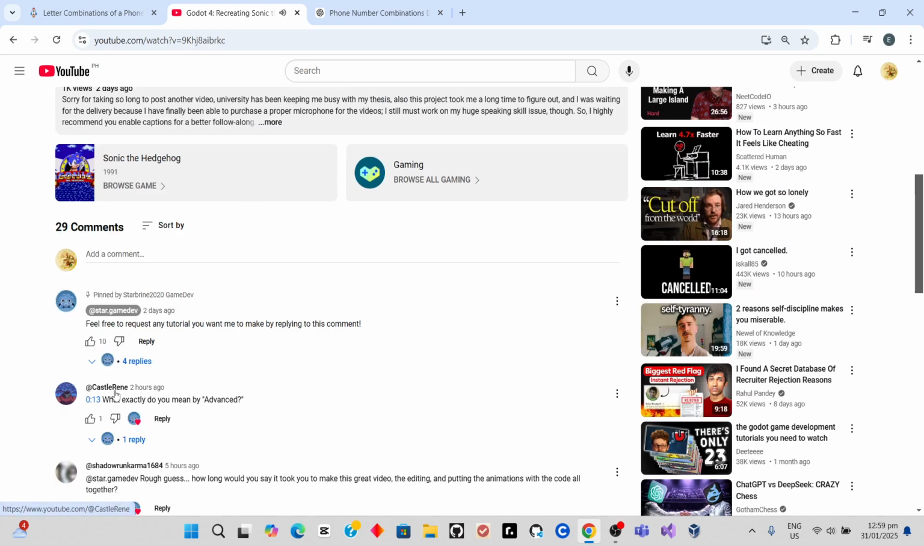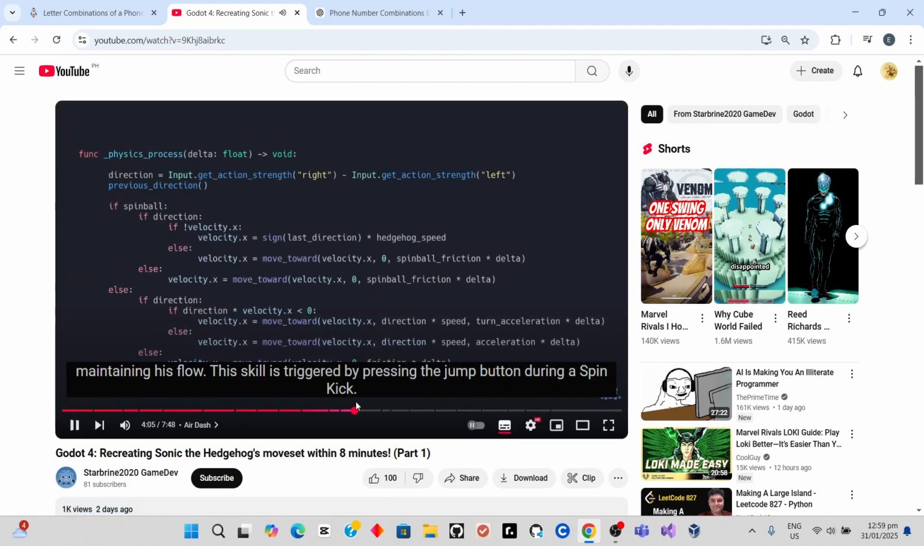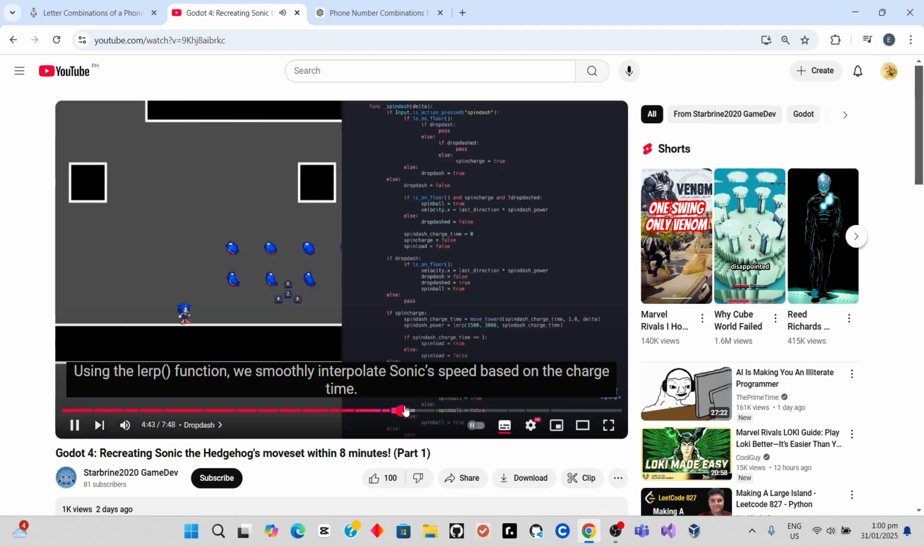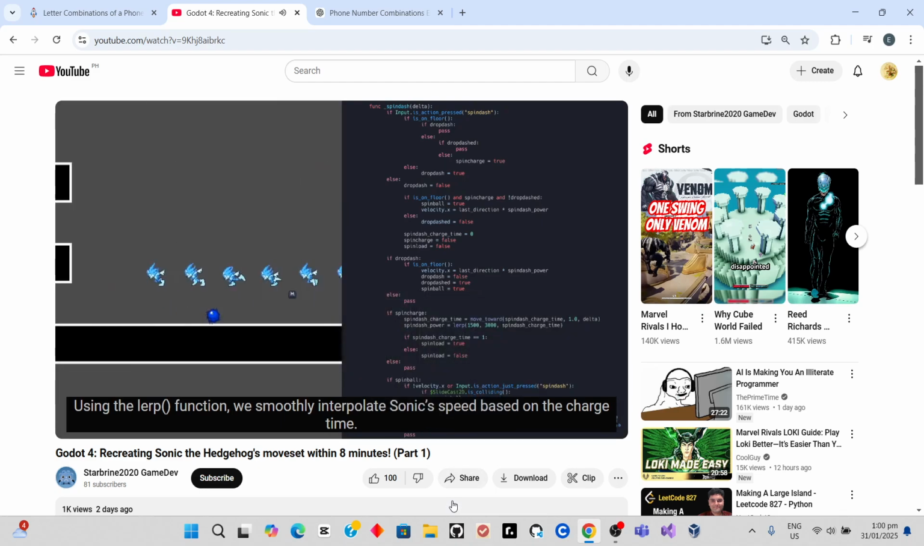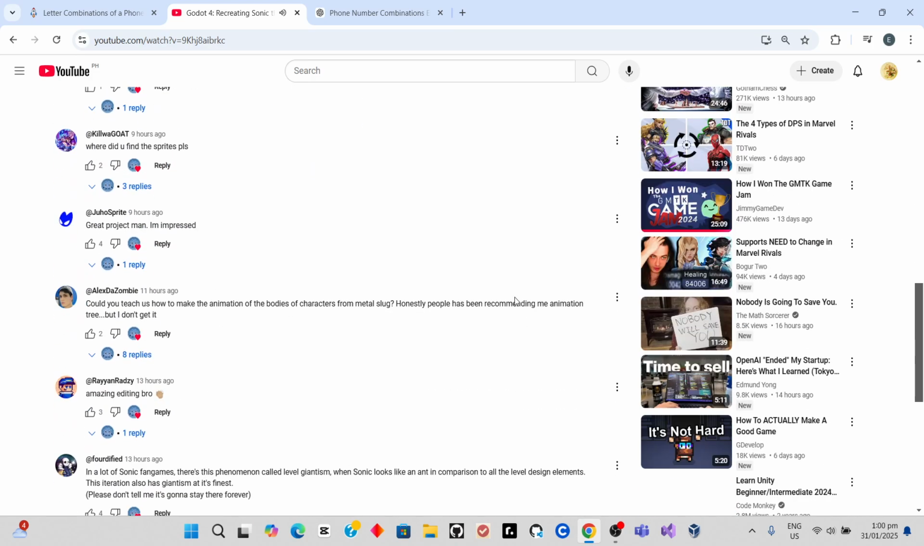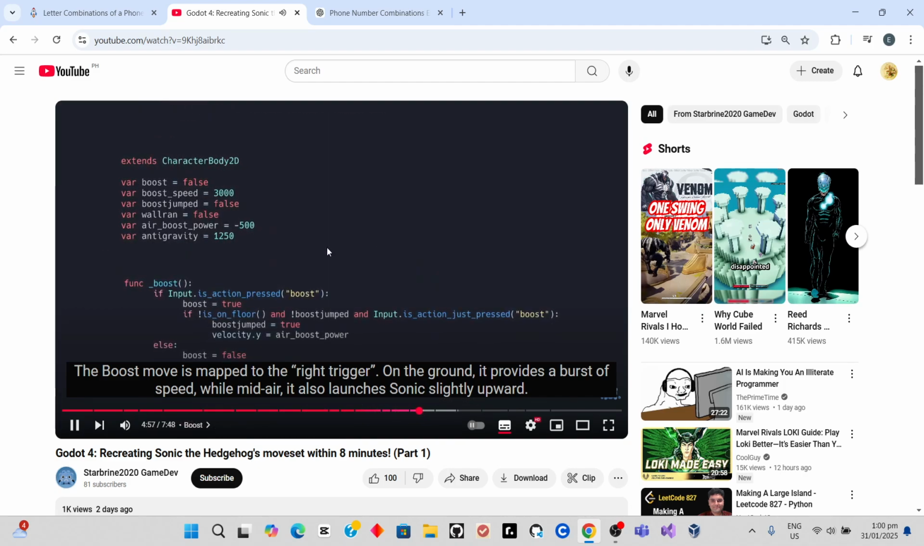Okay, sorry for that. As you know now, we'll dive into recreating Sonic the Hedgehog 10 advanced enemy combat. So before, we tweak the function value, spin kick. Now the air dash is a move that interpolates Sonic's speed based on the charge time, and for the drop dash, we tie the release to Sonic's landing logic. The boost move is mapped to the right trigger. On the ground, it provides a burst of speed, while mid-air it also launches Sonic's